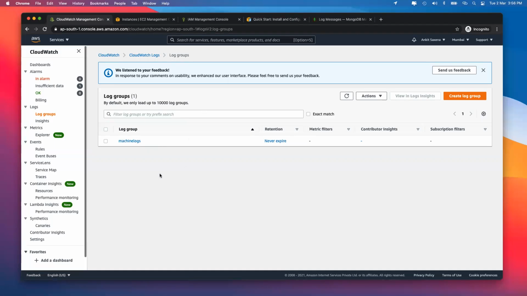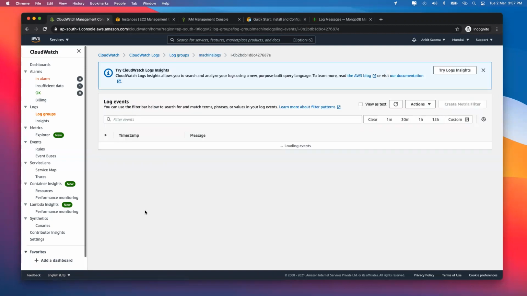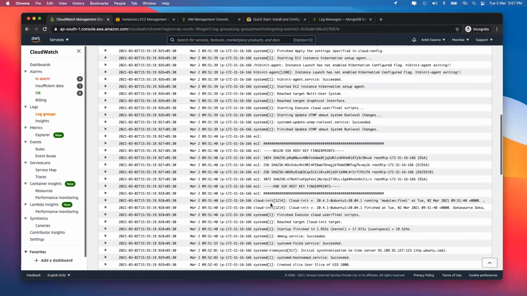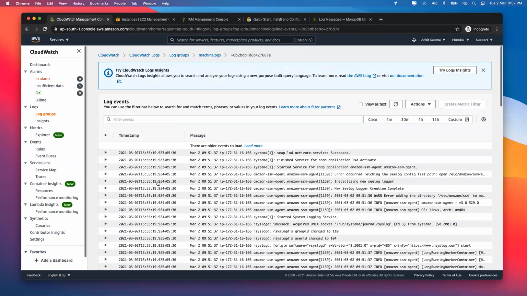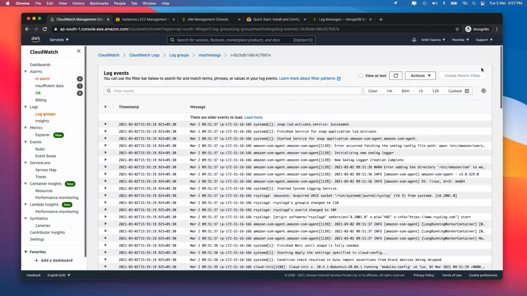Okay, so let's go back and have a look at the logs. For that, you can click on the log names over here. If you click on the instance, the log stream is the instance ID that we saw. Once you click over there, it is going to show you the entire logs, whatever is there for that particular machine. So based on my current time, it will keep on refreshing. And that is how you can go and have a look at the logs.